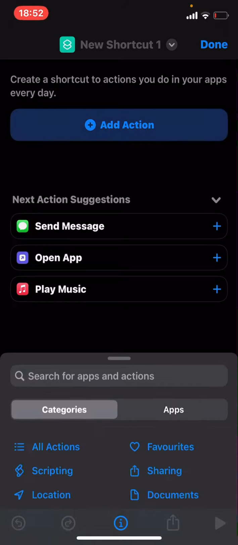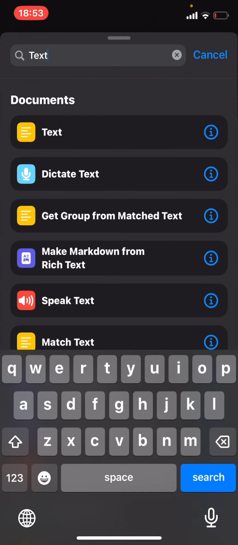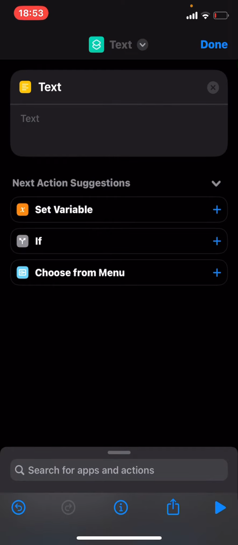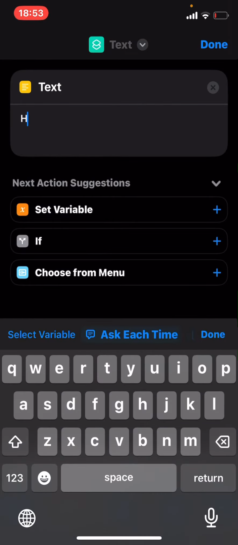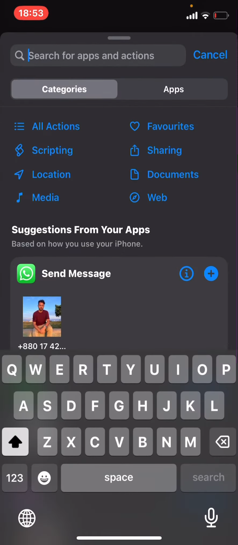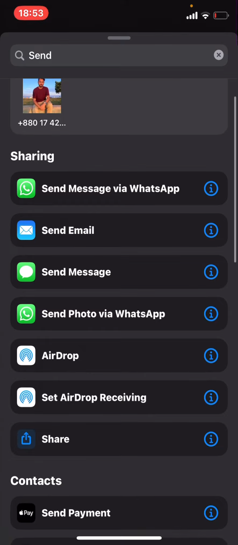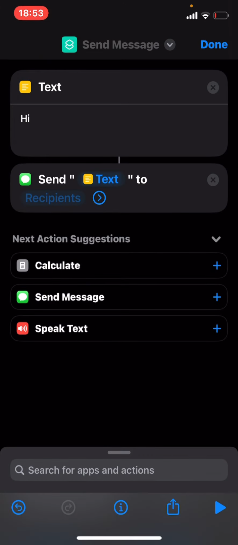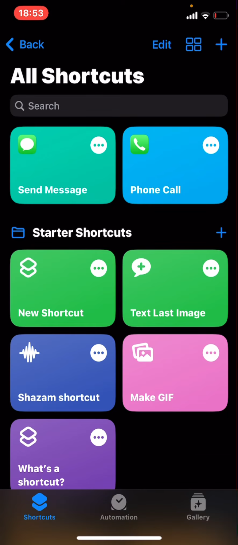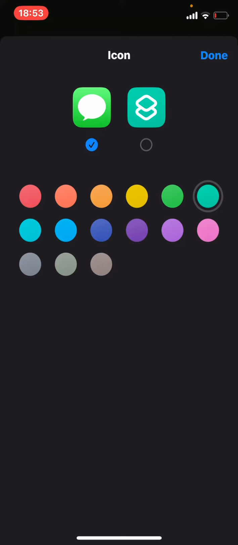From here, in the search bar, type text, and now I'm going to say hi, and then in the search bar type send message. Now tap done and tap on the three dots on your shortcut, and now pick an icon and color it,